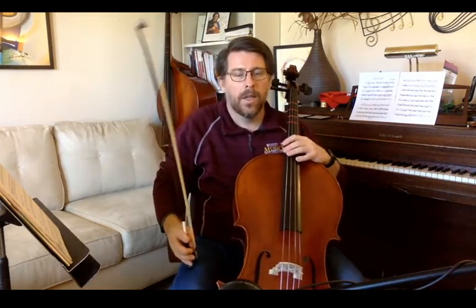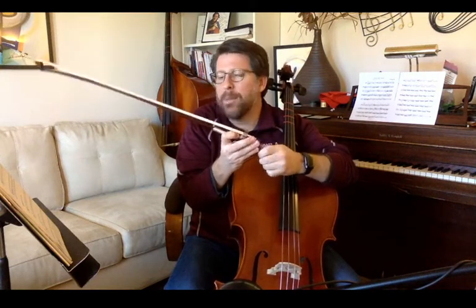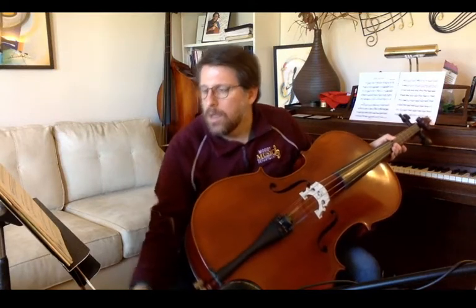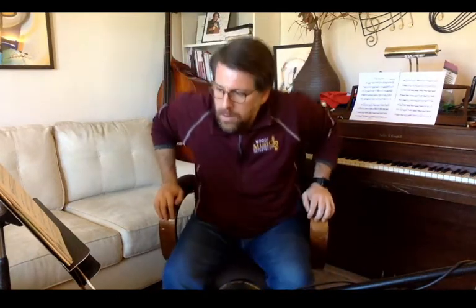Fantastic. So let's go ahead and loosen our bows. We have one more activity on this page, but it's not a playing activity. So we're going to do some basic composition. You can see that we have measures here in D major that are not filled in. So, reading the directions, using quarter notes and or quarter rests, and the pitches D, E, F sharp, G, A,